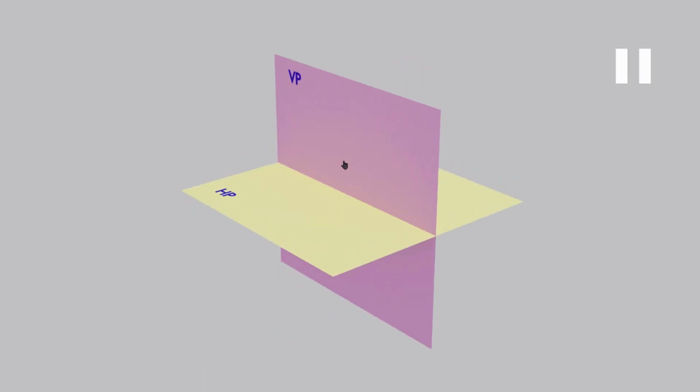Now our aim is to convert this 3-dimensional figure. Whenever you keep an object, the aim of orthographic projection is to convert the 3-dimensional figure into a 2-dimensional drawing, right? That is the 3-dimensional view that you have of an object in the real world. You have to convert that into a 2-dimensional drawing. That is the main aim of orthographic projection or any engineering drawings. So how do we do that?